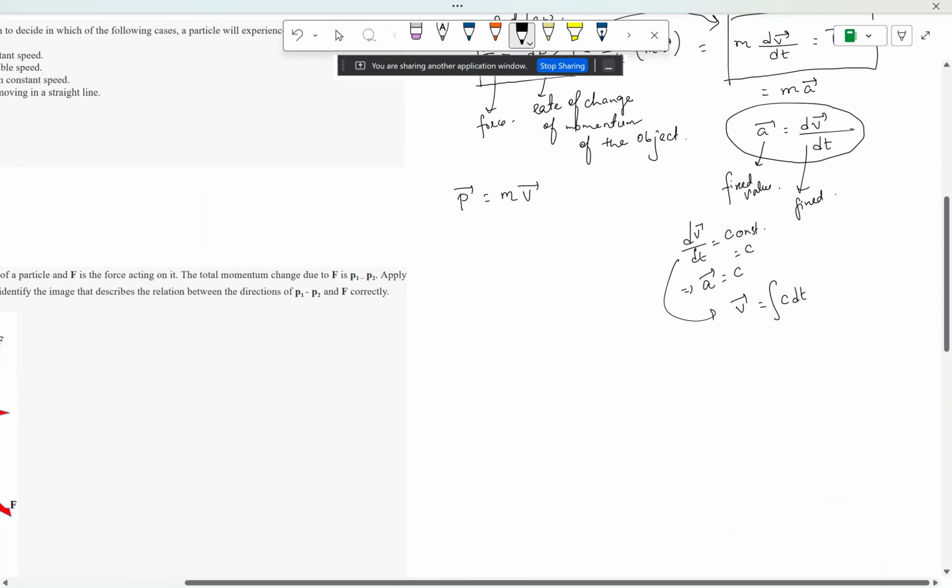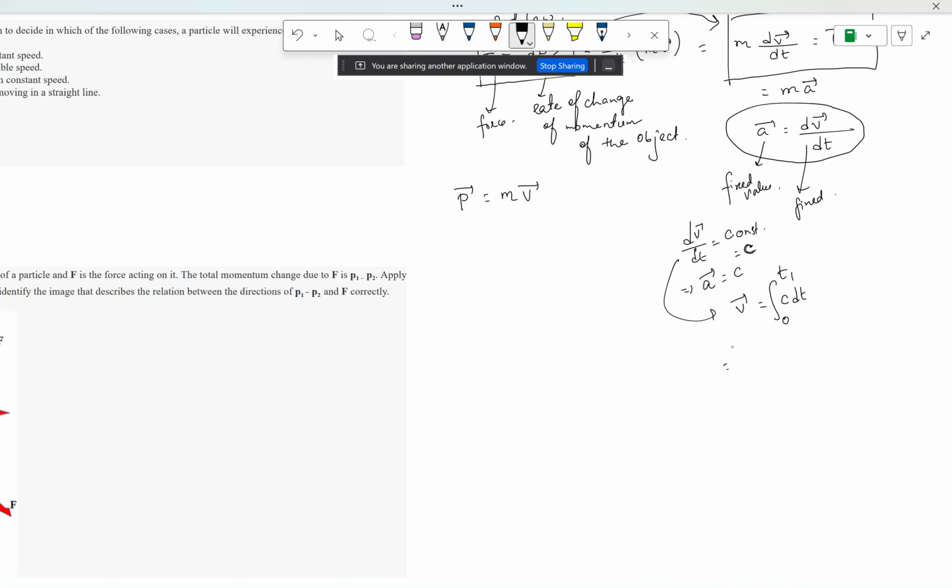So whatever is the rate of change of velocity c, and for a fixed given amount of time, let's say you are starting from t0 and you are going up to t1, and you want to see what value the velocity reaches once you apply the force for t1 time and you change your velocity. So at final time t1, what will be your velocity? Initially let's say your velocity was 0. Then v will be the integral of c dt, so if you just integrate it, it will be ct, taking the limit from 0 to t1, plus